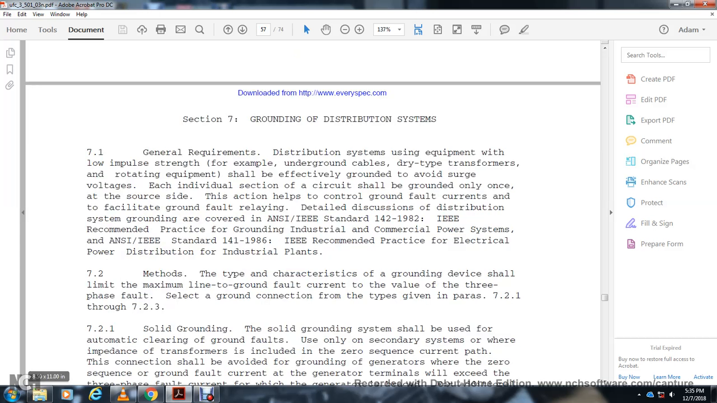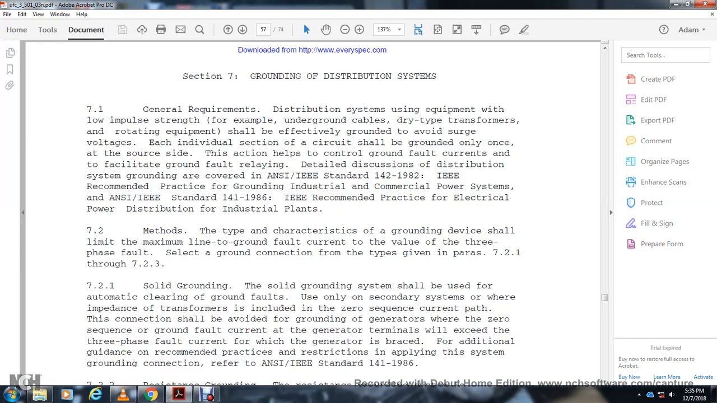This solid grounding with the solid ground system shall be used the automatic clearing with the ground fault with the only secondary system wherever the impedance of the transformer is equal with the zero current sequence current path with the connection with the avoid with the grounding of the generator where the zero sequence ground fault current with the generator terminal below with the 3-phase fault current over the which of the generator's brace or additional branch for the recommended practical restrictions applying with the system ground connection refer to the ANSI IEEE standard 141